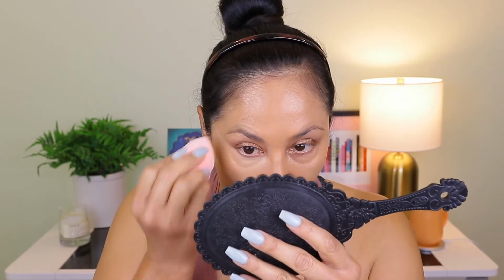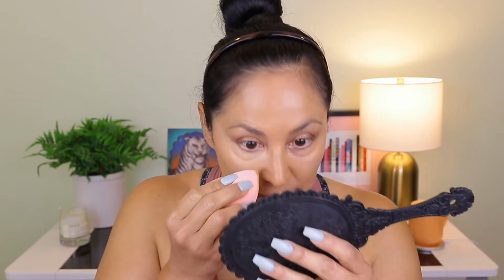This shade is very brightening, which I don't mind. I don't mind a brighter under eye. And it does look like it's really full coverage, guys. It sits really pretty on the under eye. So far so good with that. I'm gonna do the other eye. I am gonna highlight my nose a little bit and the center of my forehead, just a little bit. I am putting the rest on the side of my nose because I feel like I'm a little bit red